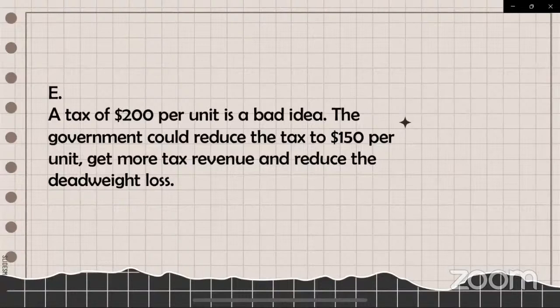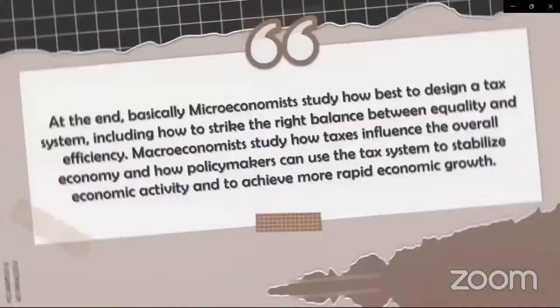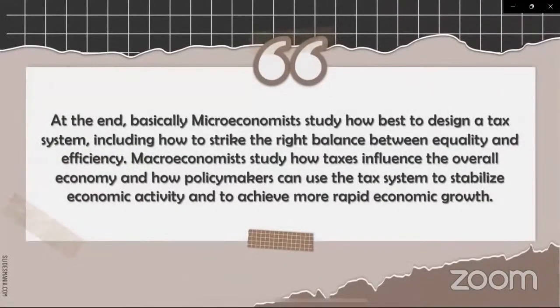and reduce the deadweight loss to $7,500 when the tax is $150, compared to $13,333 when the tax is $200. So the conclusion of this video is, basically, microeconomists study how best to